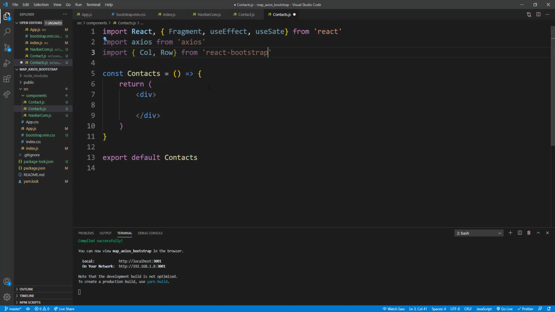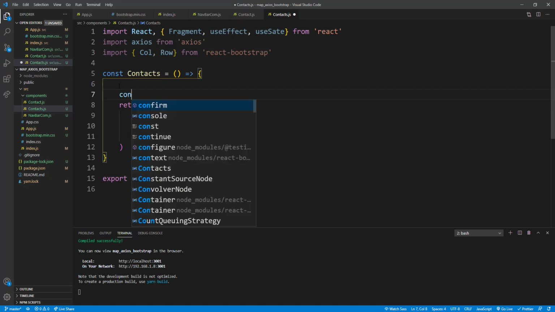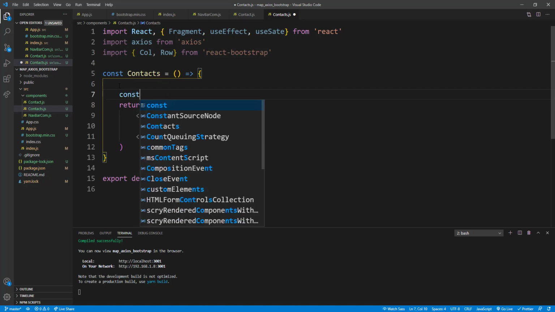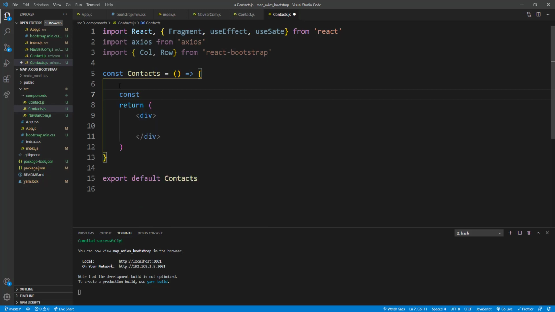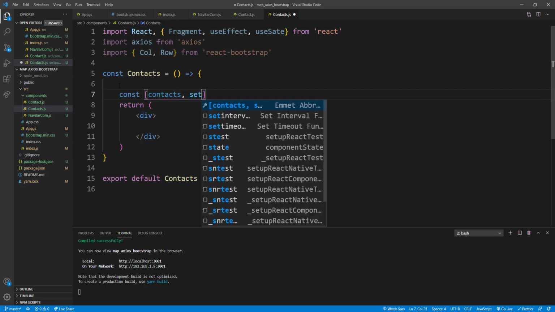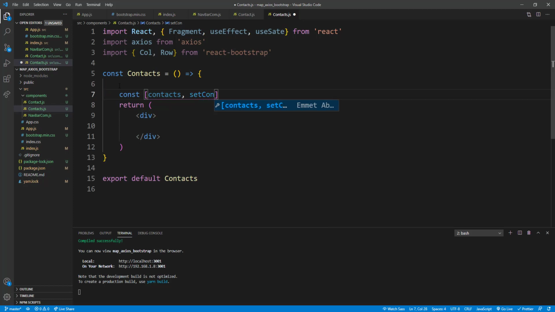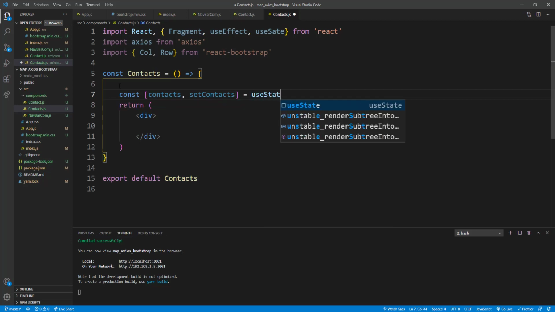Okay, so we're going to have some state at the top here. We're going to say this is going to hold our contacts after our API call. So const, and we're going to use the useState. So we're just going to say contacts, and we're going to set contacts. So we're going to give that an initial state of an empty array,